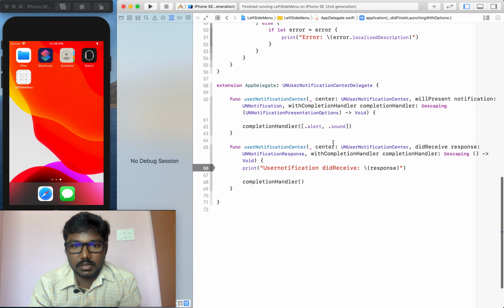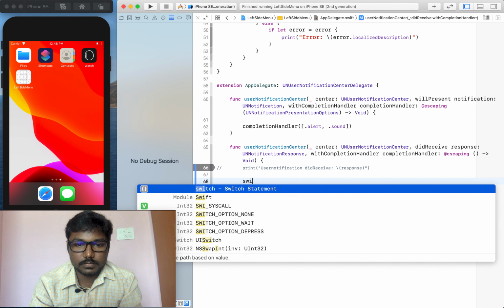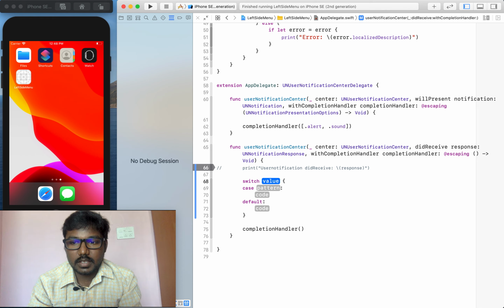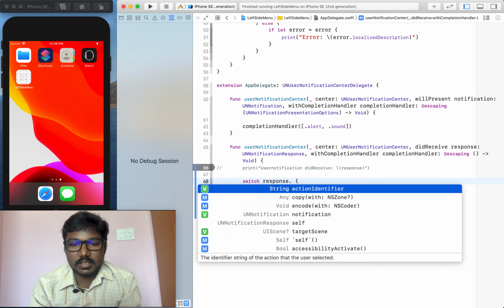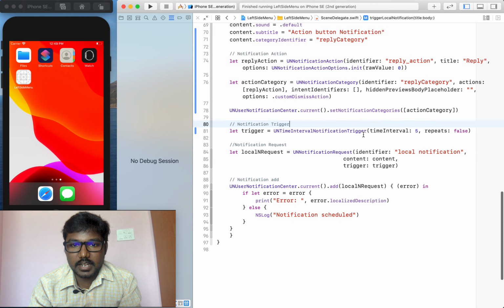So I am going to the userNotificationCenter didReceive response, and I am uncommenting the response and creating the switch case. Here I am retrieving the response.actionIdentifier. Here we have to mention which action identifier was tapped.